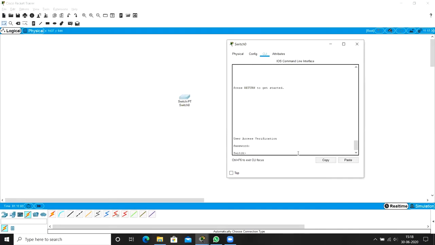Okay, at console, enter. Now you press en, enable. Now it is asking you for a password. So to enter from the user execution mode to privilege execution mode, the password which we have set here is class. Now you can see it has entered into privileged execution mode. Okay, hope it is clear. So I have set these two passwords at two different places. We have one more thing.